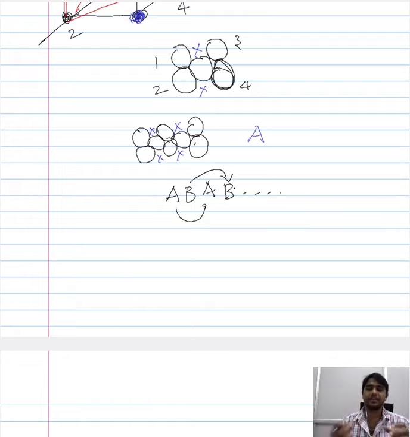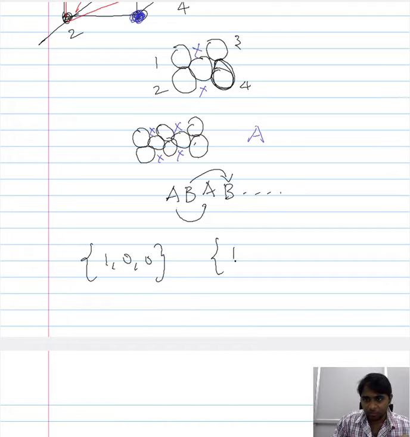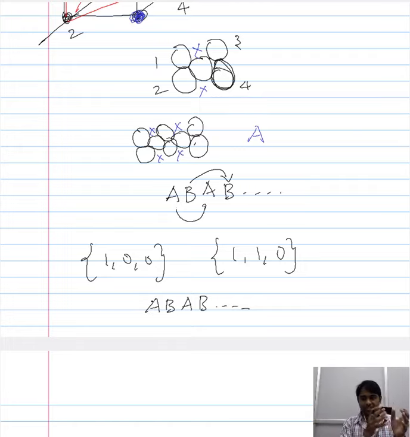So you will have a sequence of arrangement that is represented by AB, AB, and so on. So in both families of planes, that is 1 0 0 and 1 1 0, the stacking sequence in BCC remains the same, and it is represented by AB, AB, and so on. Between the two layers, there is a significant difference in the position of the atoms, and in order to represent this significant difference, we introduce different letters.